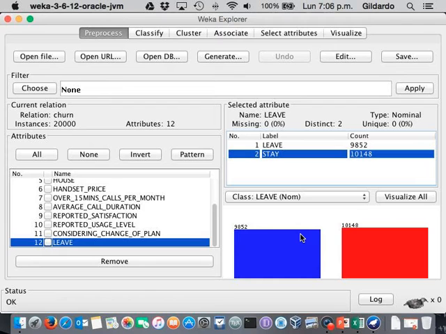This is almost perfect, okay? So don't worry about it. So we know a little bit about the distribution of the data in my data set, and I want to